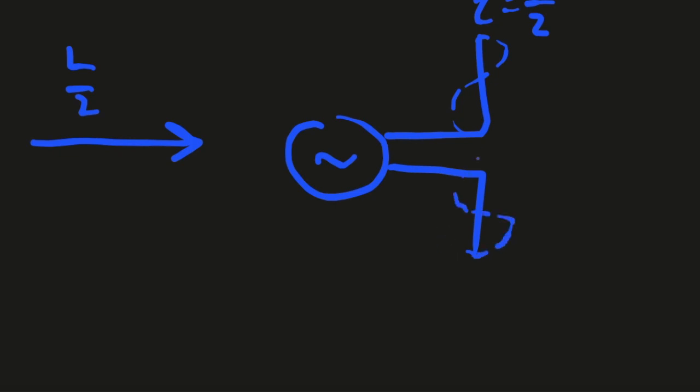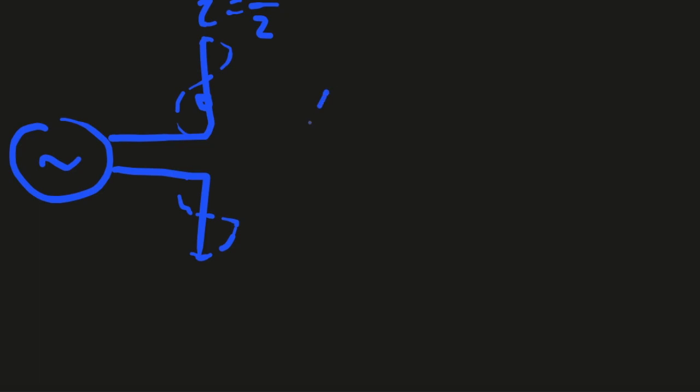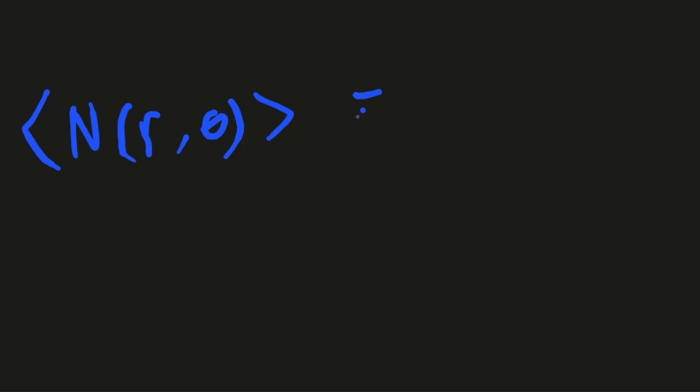This looks a lot like an antenna, and this is a simple model for our real-life antenna. So the Poynting vector looks like this: I naught squared over